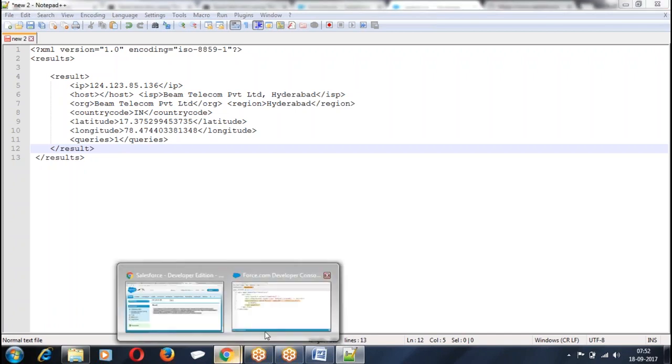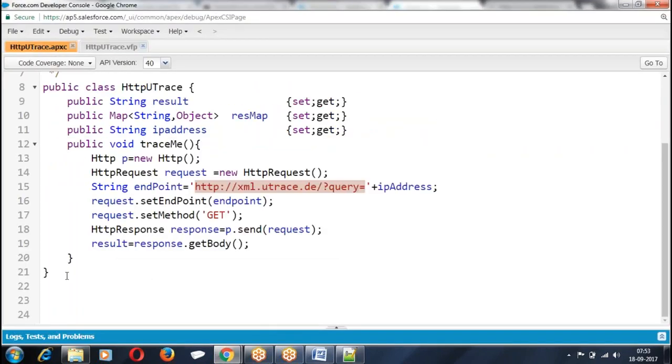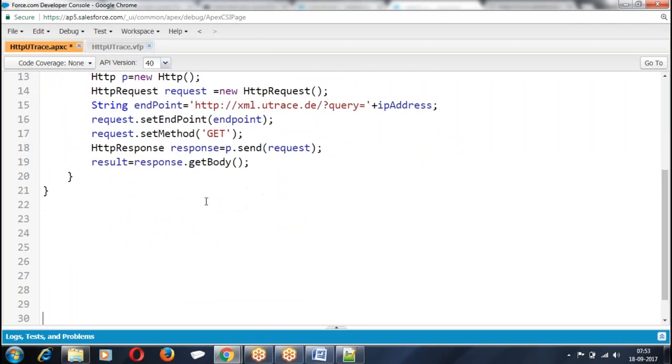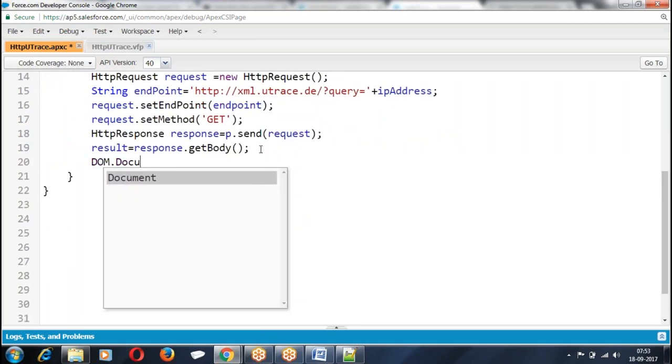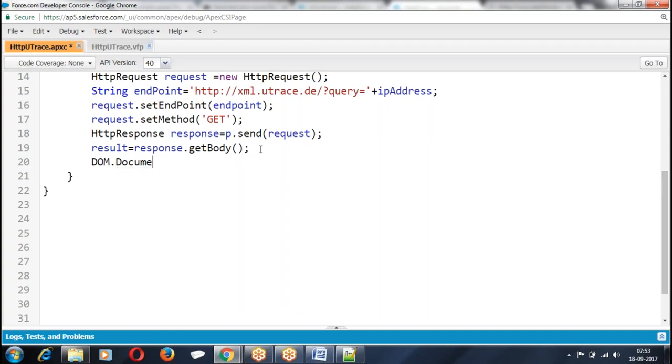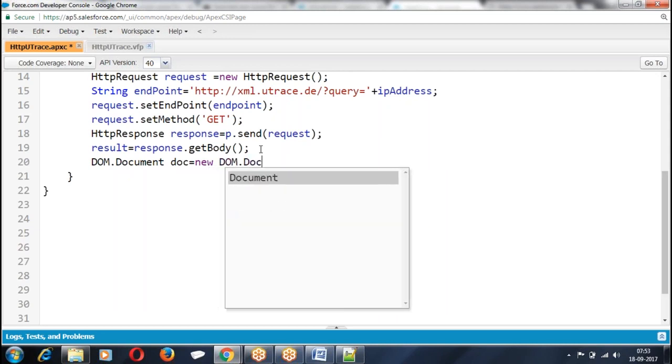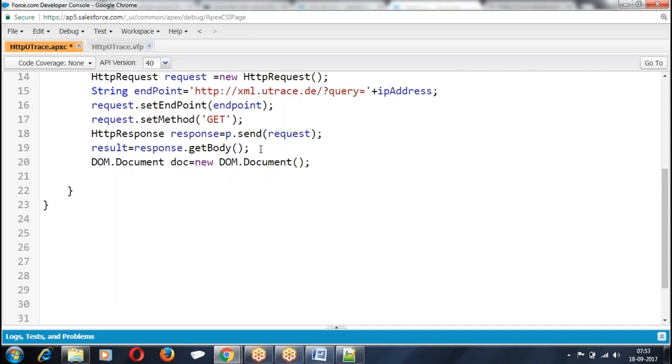Now let us see. I am going to deserialize it. How do you deserialize the XML file? If you want to deserialize, DOM.Document doc is equal to new DOM.Document. Then I am going to say doc.load. Then I have to take one by one element. How do you take it? XML load,